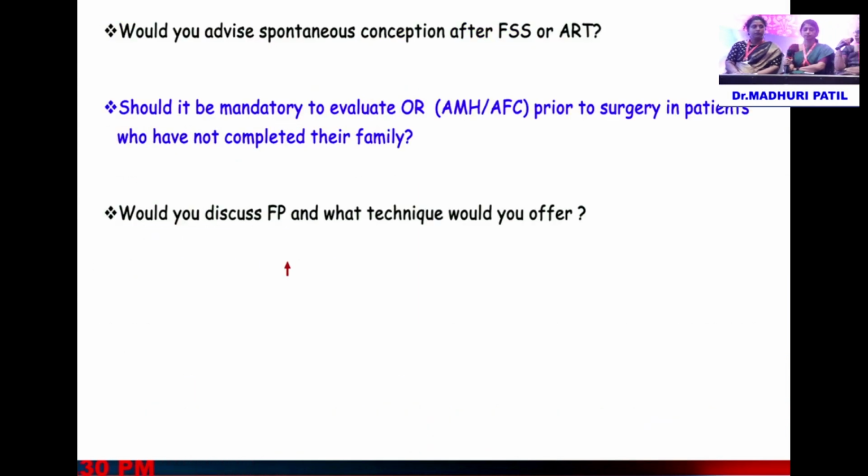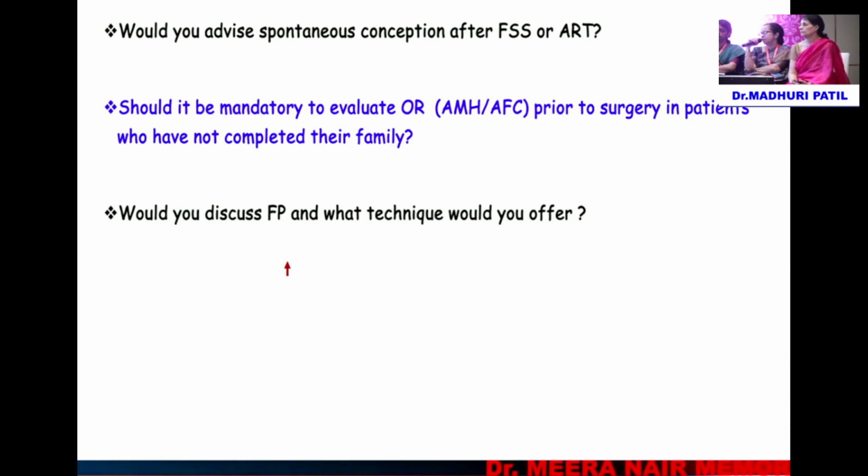Can I add on to whatever Dr. Neetu has said? The intention of surgery for any patient who desires fertility should be fertility sparing, because you get to know the histology only after surgery. So the first surgery should be fertility sparing. If it is a unilateral tumor, you remove the entire ovary; it should be a unilateral salpingo-oophorectomy. Even with peritoneal implants, non-invasive implants in a borderline tumor, you can still do fertility sparing. So your first surgery should always be fertility sparing surgery.